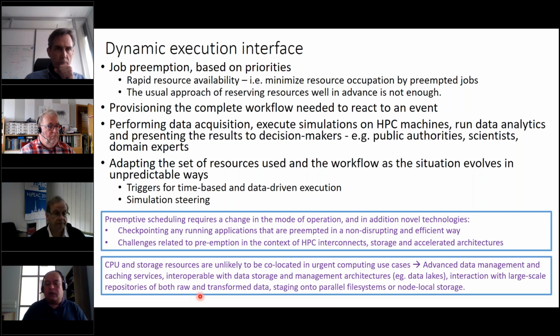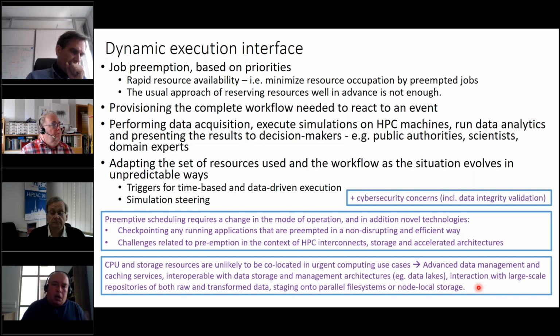So that pushes again the performance envelope for parallel file systems and other storage services, but also pushes us, I think, to explore techniques of data staging, where perhaps the availability of local storage resources is important. Now, again, this is not necessarily the common configuration of HPC compute nodes today. They usually rely on storage available over a network, not necessarily a lot of node local storage, but I think this type of situation warrants